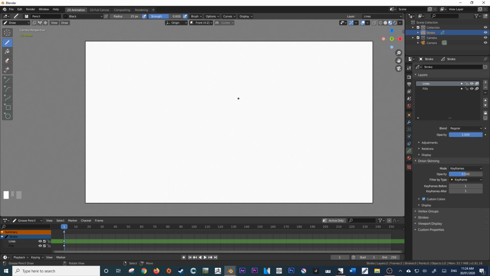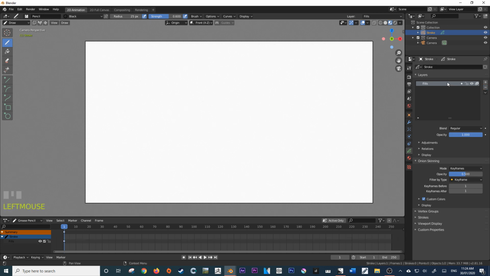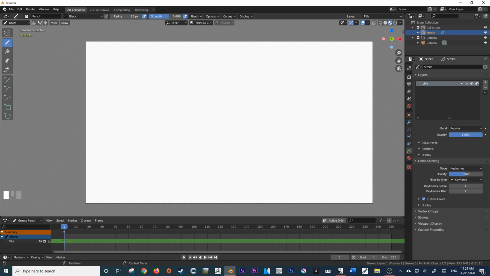Now, as I was explaining about that hierarchy of object, layer, stroke in a keyframe, layers have a lot of utility. Think of them almost like Photoshop layers with just a lot less. So I'm just going to delete that layer there, and I'm just going to call this one draft. I'm double clicking to rename something. When I draw now on this layer, I've created new information within it. You can see that our draft layer is down here, and if I turn this off, you'll see that the stroke disappears.